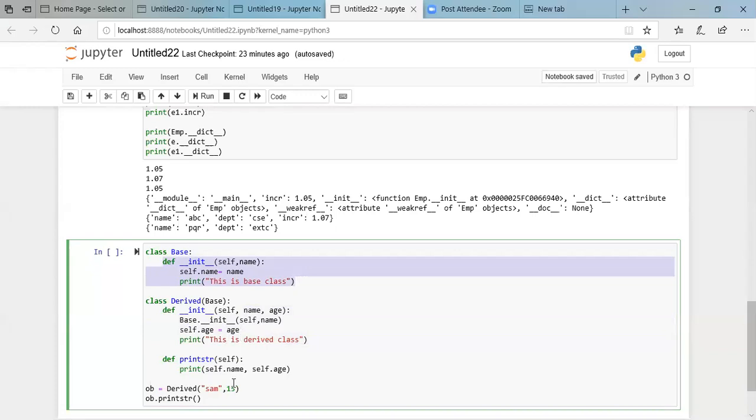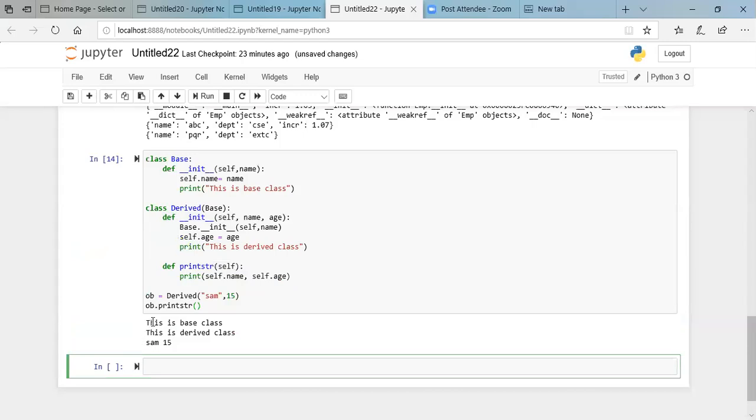After that, the age that we passed while creating the object, 15, will be assigned to the age over here, and then it will print this is a derived class. After printing this second statement, we give a function call to this method, which is called print_str, on the object we created, ob.